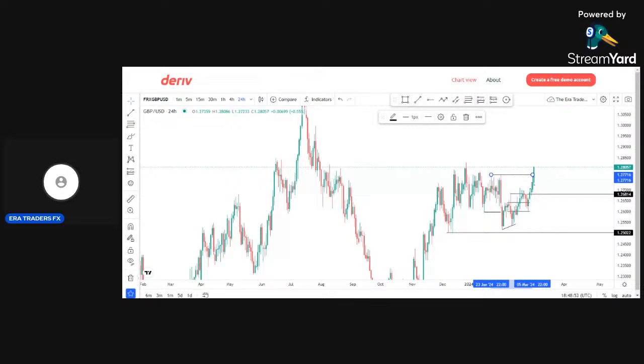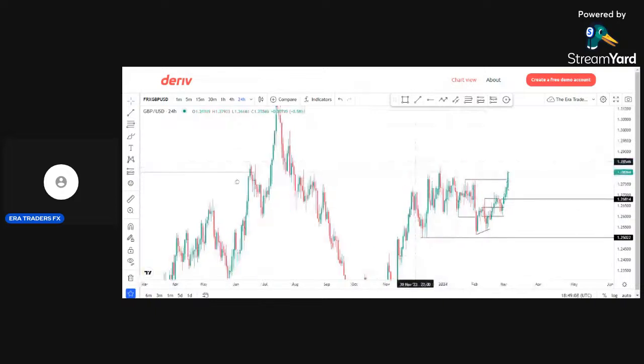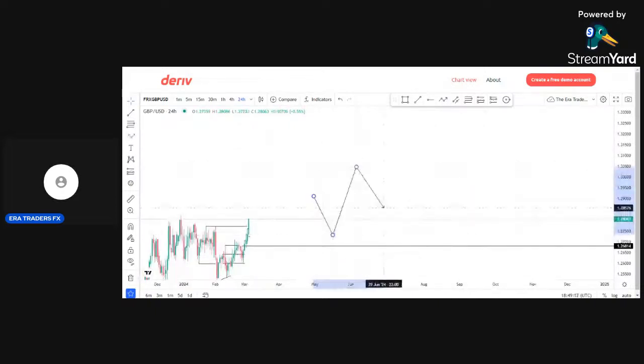One of the first external range liquidity is the old highs. When I say old highs, in a trending market, an uptrend market,